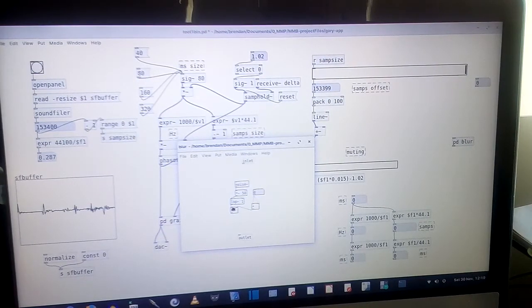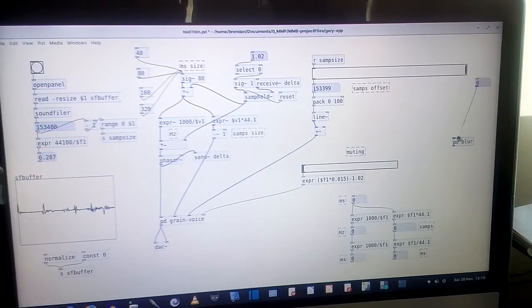Verify. There's my signal going out. This is my low pass filtered noise that we're applying to, outlet tilde. I like the way PD does that. It doesn't let you do anything, well, usually, very often doesn't let you do anything illegal. So there's my blur,